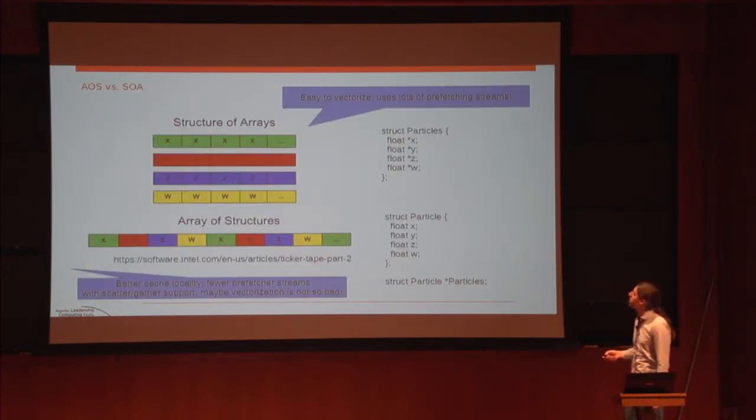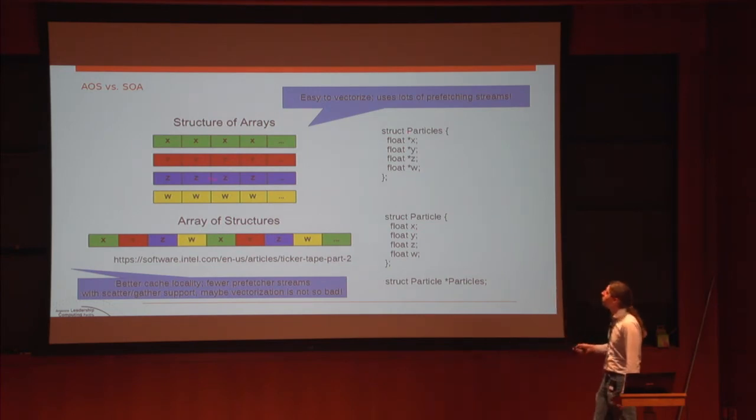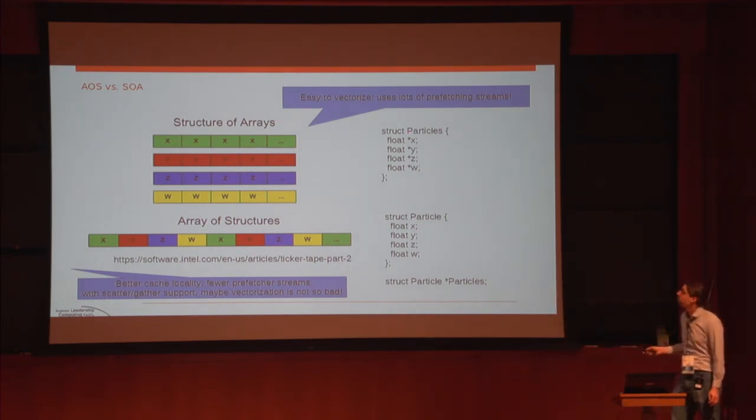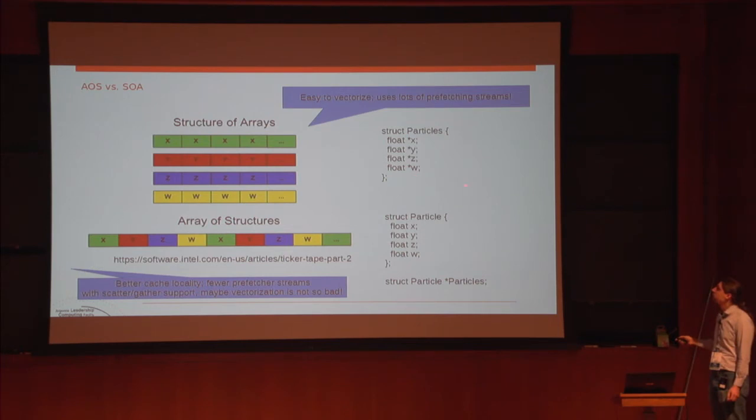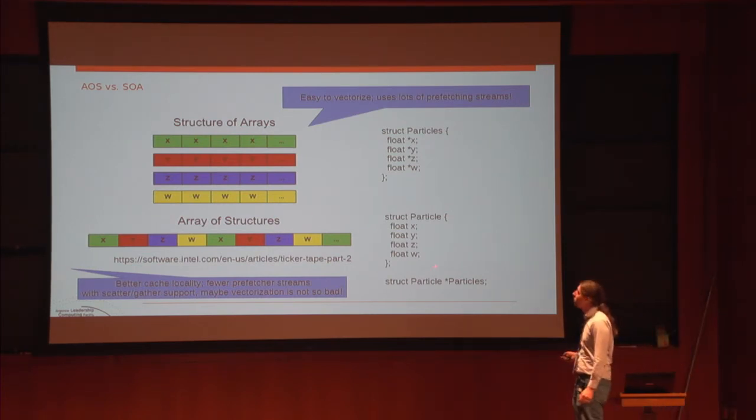And that's an important thing to keep in mind. It bears on this design decision. So often when you have arrays in your program, you have to choose between a structure of arrays layout and an array of structures layout. And so here I have this in code. With structure of arrays, you have a bunch of arrays. Like here I have a bunch of particles, and I have an X array with all the X positions, and a Y array with all the Y positions, etc. And here I have an array of structures